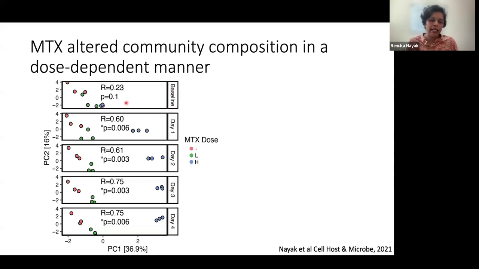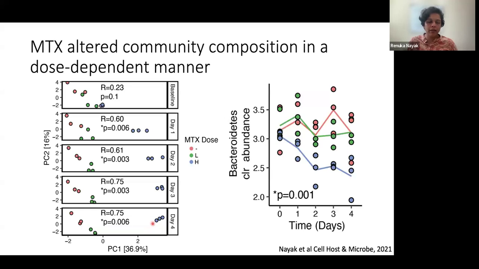And what we can see at baseline is the microbiomes of these mice that were given either saline, low dose, or high dose methotrexate. Before they got treatment, the microbiomes are not significantly different. But after just 1 day of high dose methotrexate, the microbiomes of these 3 mice significantly differ from the saline and low dose treated mice. And with multiple days of treatment, now we also see the low dose treated mice partitioning away from the saline treated mice. And there's still significant differences in the microbiomes of mice that are given high dose methotrexate. So that's kind of like an aerial view, right, of what's happening to the microbiome.